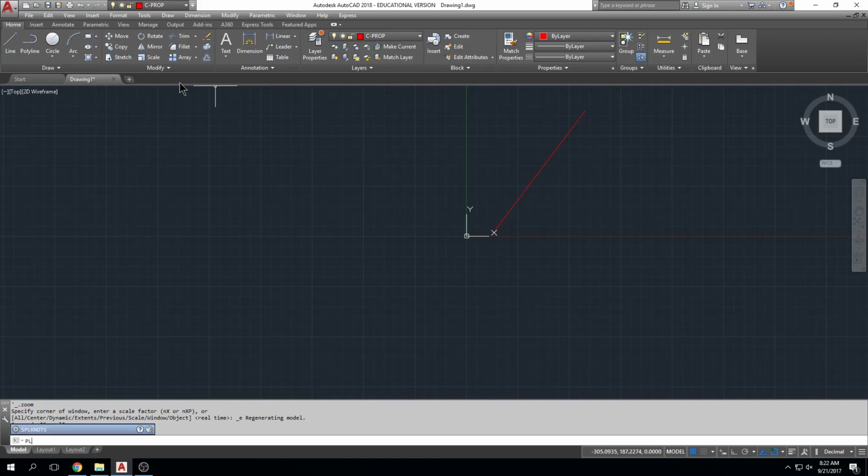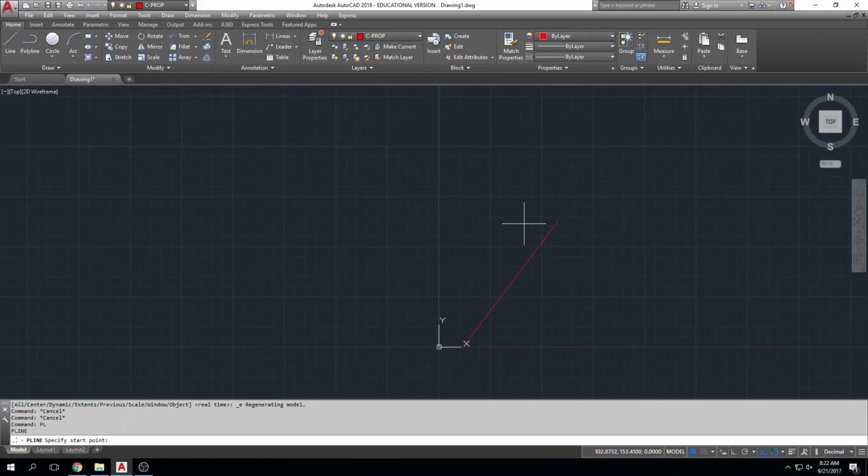PL, polyline, enter. Click, and I can choose to create the north-west line, or I can choose to create the one that goes right across the middle. Either one is fine, right? But I'm going to type at 148.47 at an angle of north 57 degrees 0 minutes 30 seconds west. Okay, enter. I've got my second line,